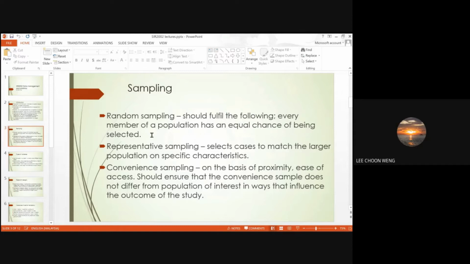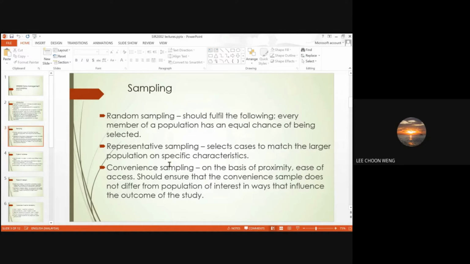Okay, so please take note that even random sampling is not simply done, but you must make sure that even in random sampling, every member of the population has an equal chance of being selected. Okay, so this is a rule that has to be fulfilled for random sampling, but most of the time, this is not being fulfilled. Okay,